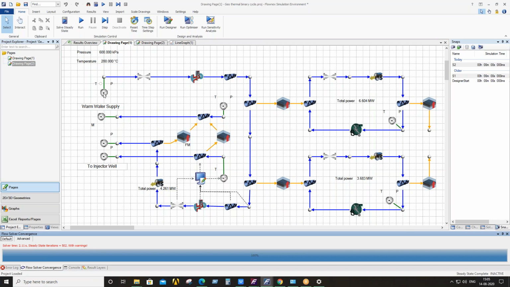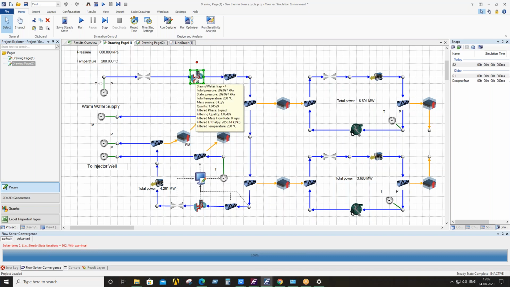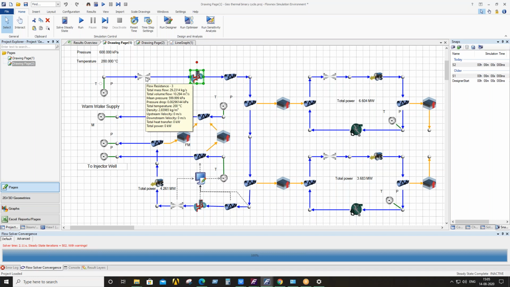So here you can see the water supply from the geothermal wells. The pressure is around 600 kilopascal and the temperature 200 degrees Celsius, somewhat in the superheat region. So this steam goes into this line, and this element is the steam separator. Its work is to separate the saturated liquid phase, and only steam is allowed to pass through. You see the previous flow is 29.23 kg per second, and after the separator,